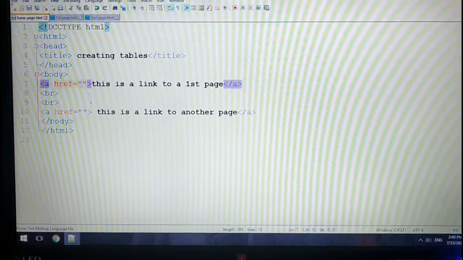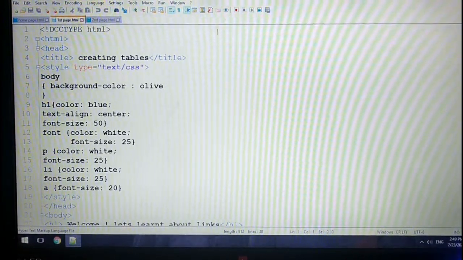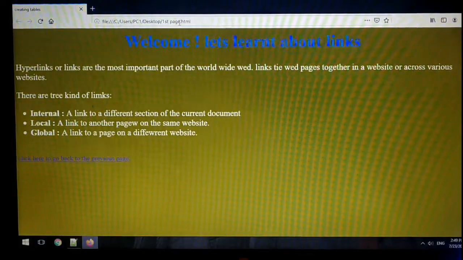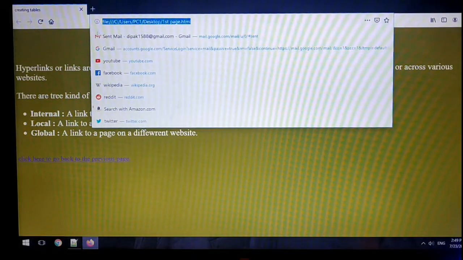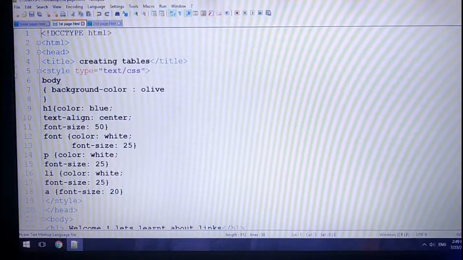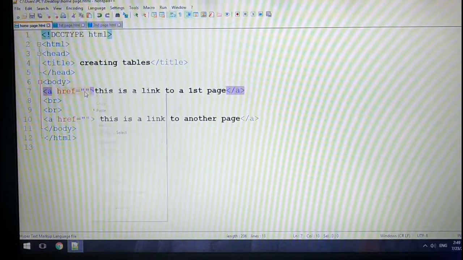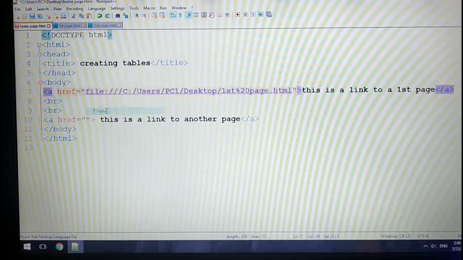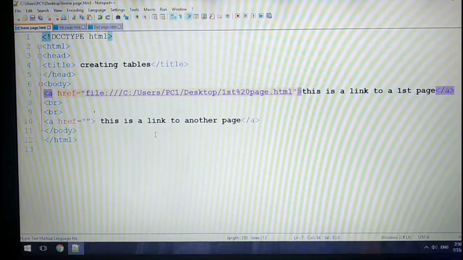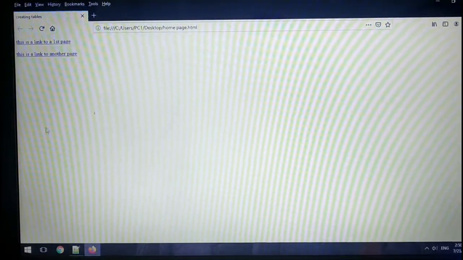For the address, you go to the first page, run the first page, take the address of the first page, and paste it in the notepad. Now you save the code, run the program and check the link.